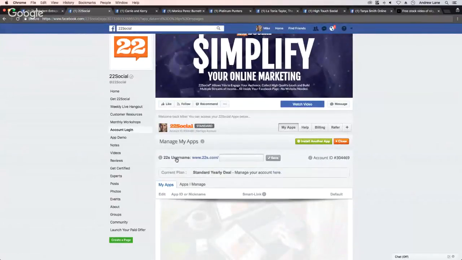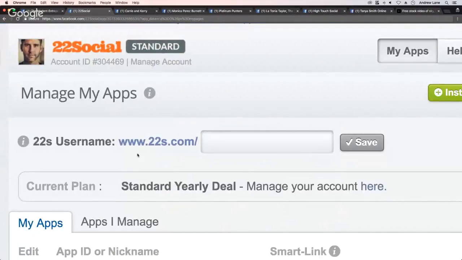I'll point out a few other things. The username is an optional thing you can do. If you have some kind of name, like you've used a username for all of your businesses and any social media profile you set up, so you know what a username is. The important thing to note here is I don't recommend changing this if you set one, because what this is going to do is create a 22s.com/ let's say your business